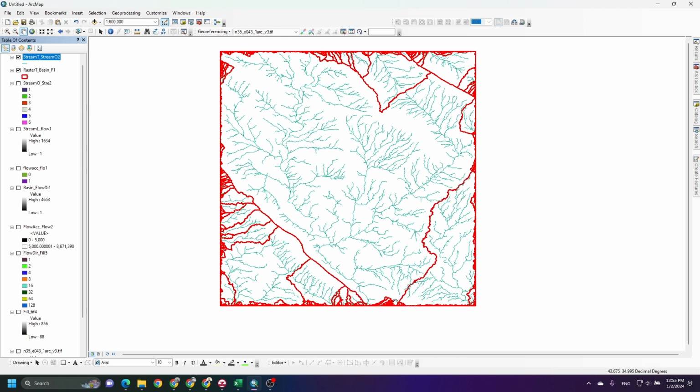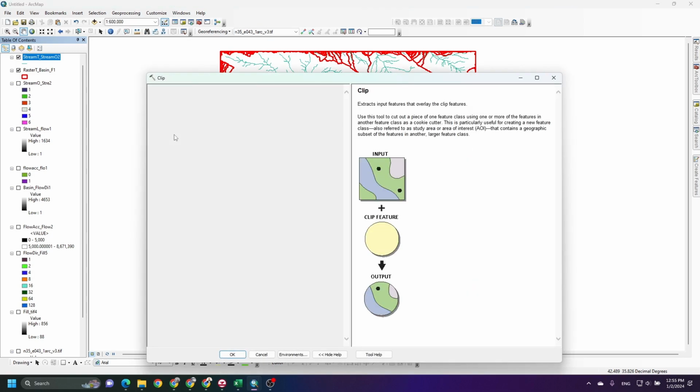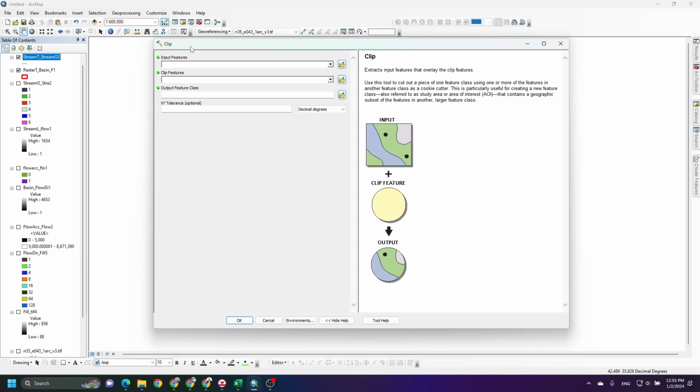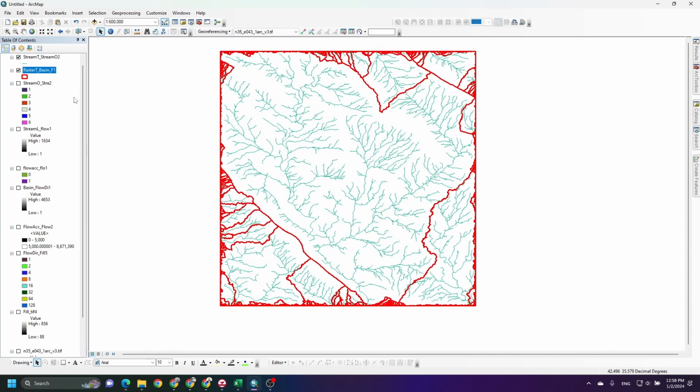This is a big basin here we have, and we can extract or delineate this basin using Clip. Before we make a clip, we can select it in the attribute table.